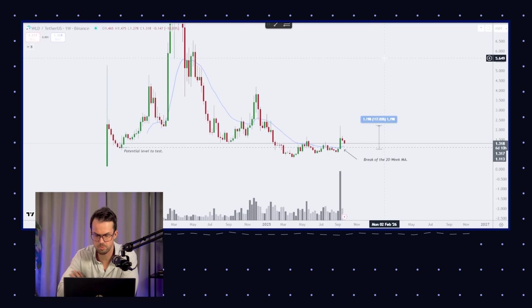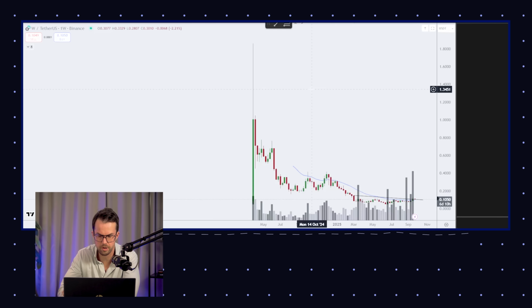And I've brought up an example in this case, which is WorldCoin, that has been breaking through the 20-week MA, and that was based on the treasury news that was going to be done on a Nasdaq-listed company integrating WorldCoin into it. And due to the fact that it broke through the 20-week MA, we've seen a run of 115%. That is great. And that also means that we're most likely going to be seeing it way more often on